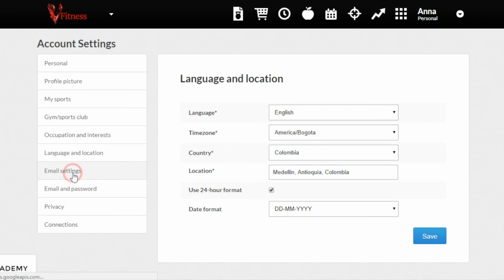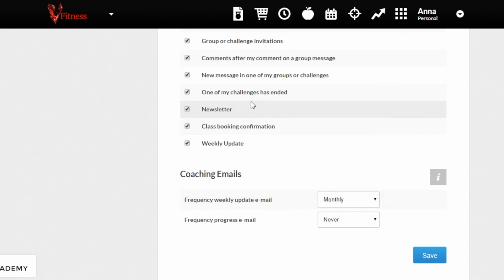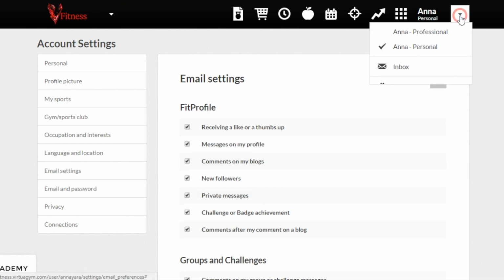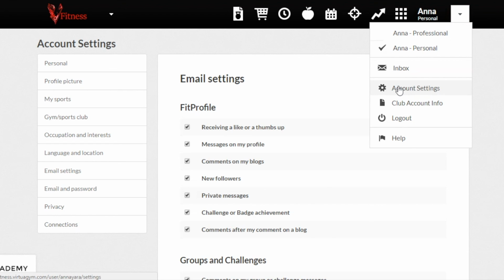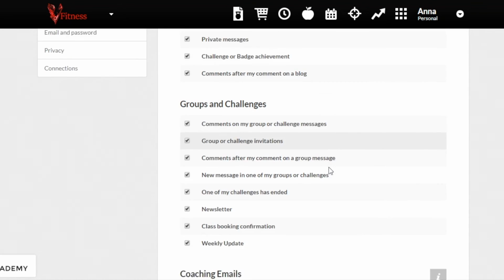Now, within the email settings, they can decide how many notifications they wish to receive and for what. One thing to remember, whatever you set within your settings here will be the general setting for everybody. But once they go to personalize and make these amendments, they can personalize the portal to their needs and wants. So don't feel like you're making a decision for everybody. You will just set a general standard and then they can deviate from it